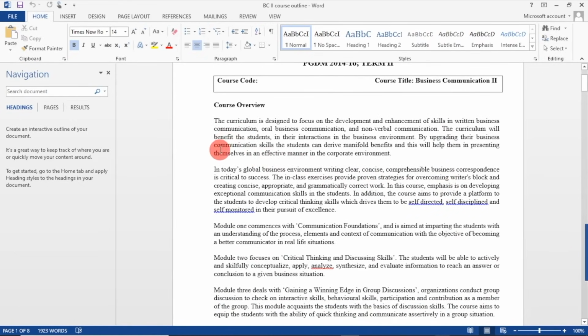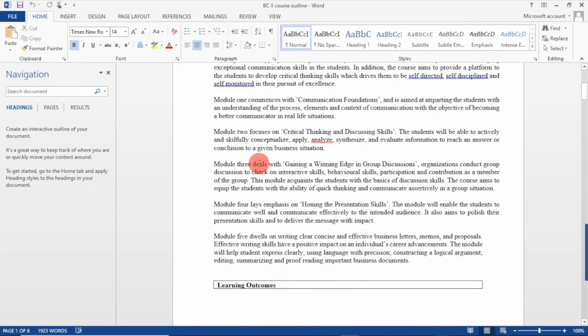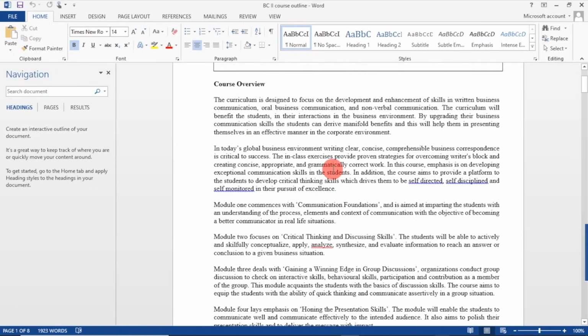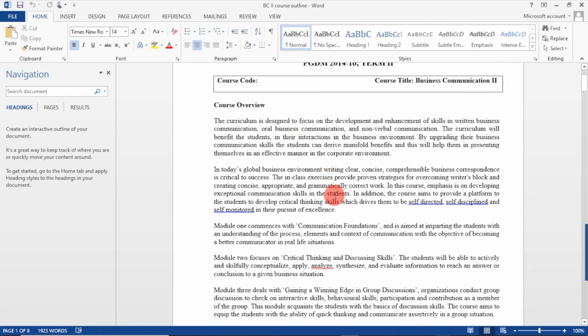So first is the course overview, and just see, when you talk of course overview, basically what you are going to discuss in that course, what is the importance of this course, and what type of learning outcomes you are going to achieve. You try to communicate everything to the student by writing a course overview. So this course overview component is a very important component as far as communication between a teacher and student is concerned. So why your course is important, what exactly your course is going to do once a student goes through it, right? So just read this particular paragraph.